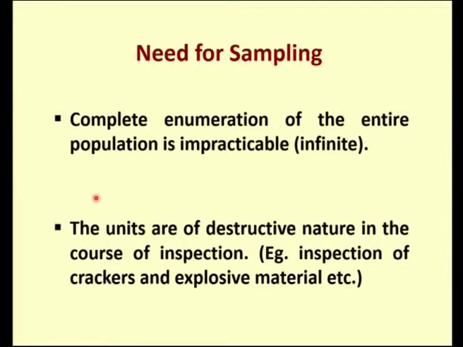Even when the units are countable or the number of units is determinable, complete enumeration is not advisable and not required. So, we go for sampling, we take the help of sampling. And I can give you another simple practical example, that is checking the breaking strength of a chalk piece. A box of chalk pieces contains hardly 100 to 200 chalk pieces.